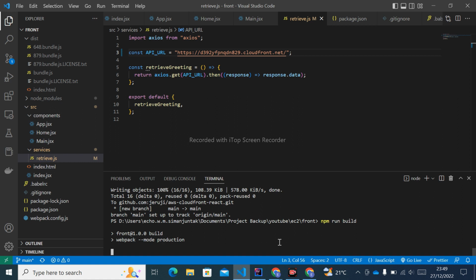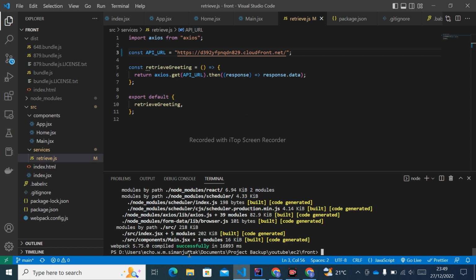Wait for a moment. It will take a few minutes. Okay, now the compile successfully,